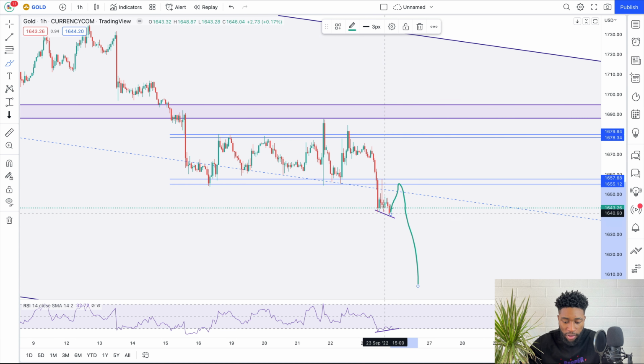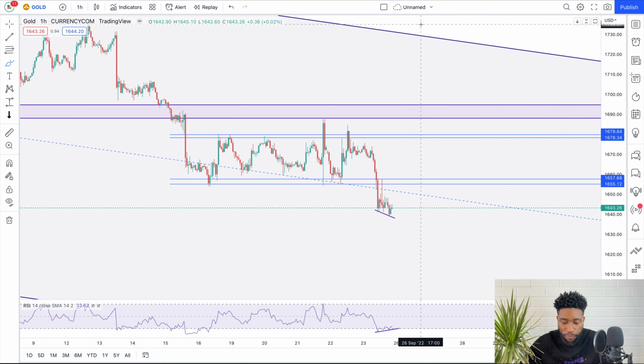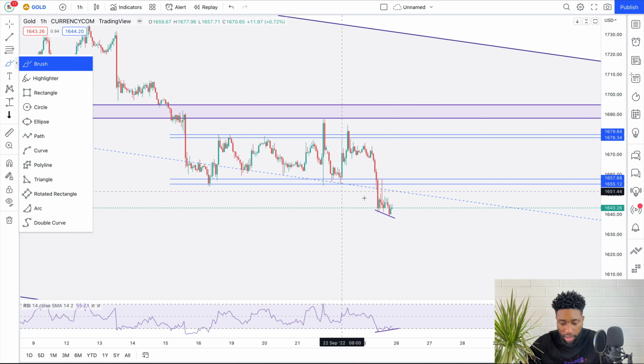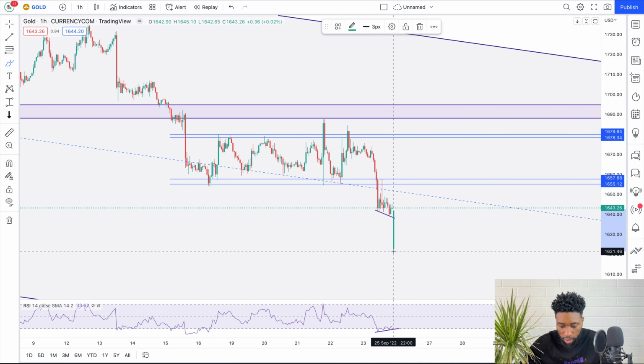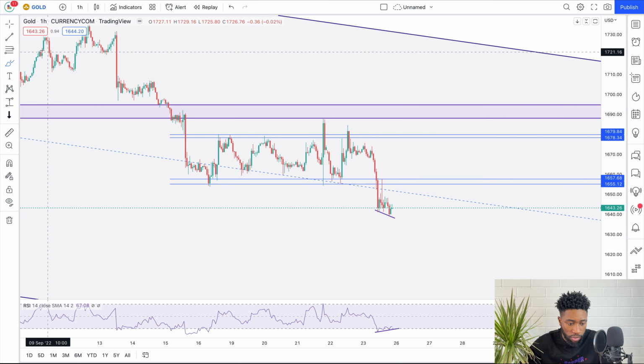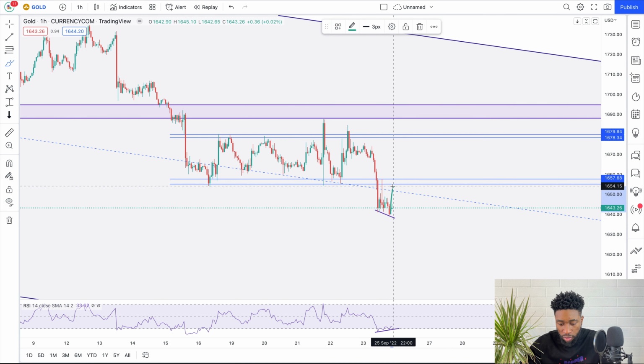Okay, so I think if we're going higher, we're going to retest this level, consolidate a bit before going downwards. But if the dollar tends to be strong on Monday, we could see a sharp decline on gold, down to the bottom of our channel on the daily time frame. But I don't expect this to happen. I expect more of a slow steady grind on gold, so a retest or probably not a retest, but some sort of consolidation for the market to breathe a little before we get